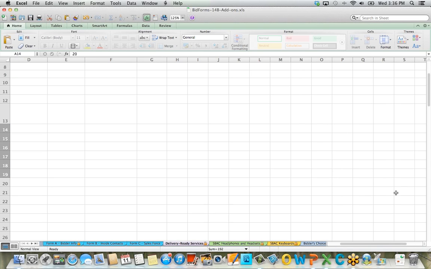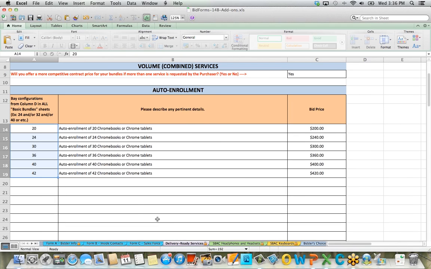Here we go. Earlier, I told you that you need to go to all of the bids that you're offering on wireless devices, and you need to make a list of all of the bay configurations for all of the carts that you're offering across all of your bids. And so here I had 6 bay configurations that were included in my basic bundles offers. So I need to include auto enrollment for those same bay configurations,